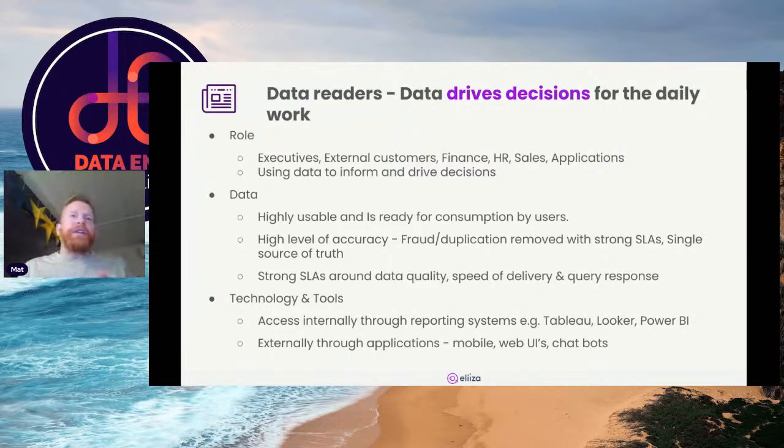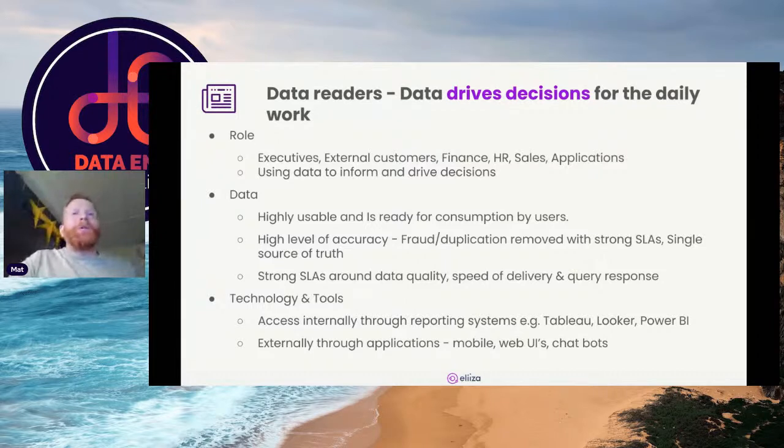What they're interested in is getting a view of the data so they can make decisions. So they're using data through features or to get specific answers to specific questions. The people we're looking at in this group are executives or external customers, finance, HR. So really non-technical members of a company, or customers or clients of that company.